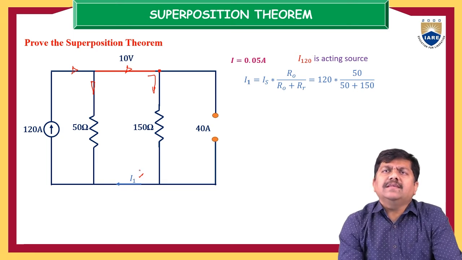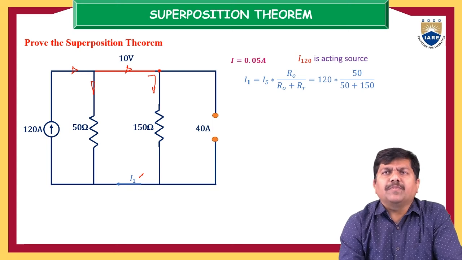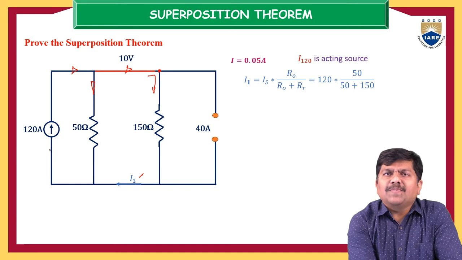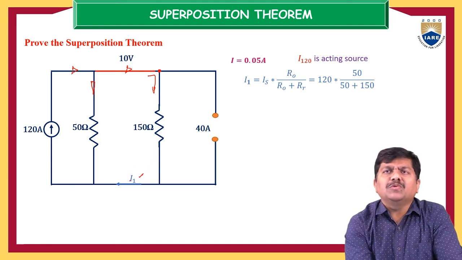Here, practice makes the selection of the principle. What is the principle? Otherwise, generally people will go back to converting this parallel combination into a voltage source, and this is an unnecessary waste of time. So whenever this is open circuit and only two loops are there, anyhow one loop is shared with the current source. The second loop has this 150 ohm resistor, and the current flowing through this 150 ohm resistor is the same current we are going to see. That current is nothing but the I1 current.